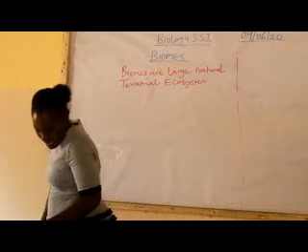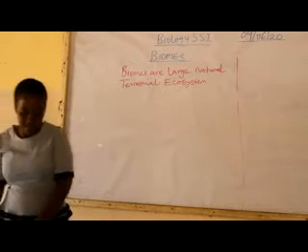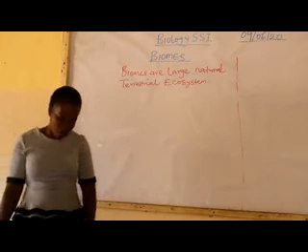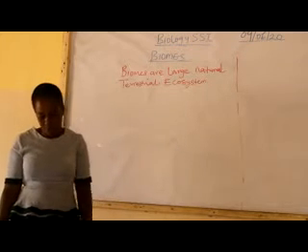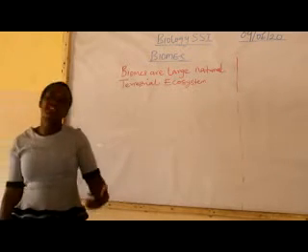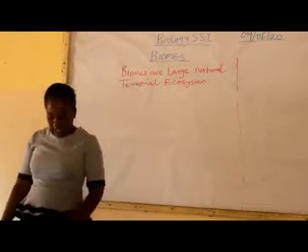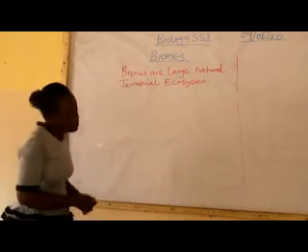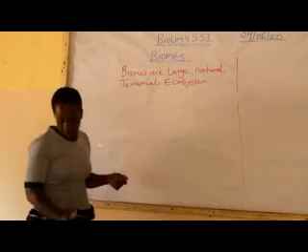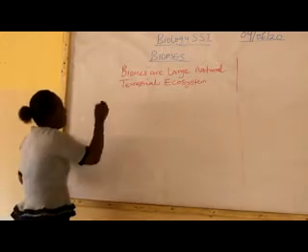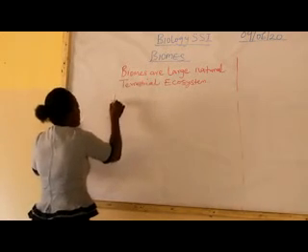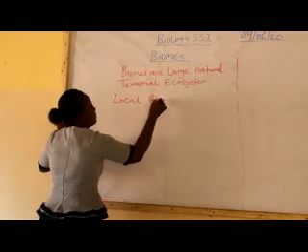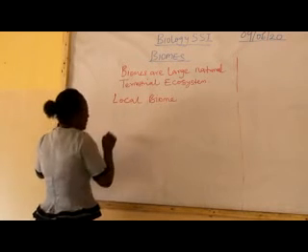So we are going to look at the local biomes, and we will take Nigeria as an example of a local biome. Look at Nigeria and its vegetation. So Nigeria lies in the tropics just above the equator, within latitude 10 degrees north and 14 degrees north. Local biome. We now take Nigeria.